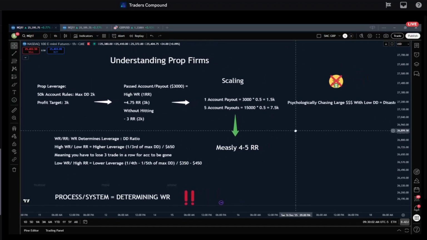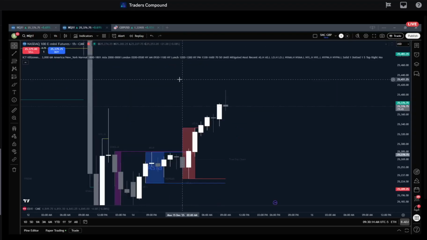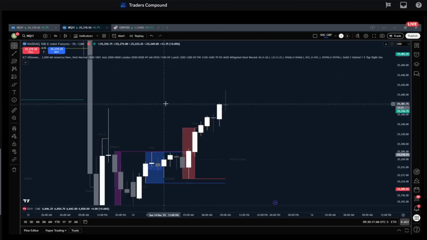So I'm going to dive into how I leverage prop firms, how everyone should be leveraging prop firms, and a breakdown of what they are. I know some people aren't entirely familiar with what they are, okay? So days like today, don't worry, I've got this pulled up on my other screen. If there's a trade, I'm going to call it out and we're going to switch.